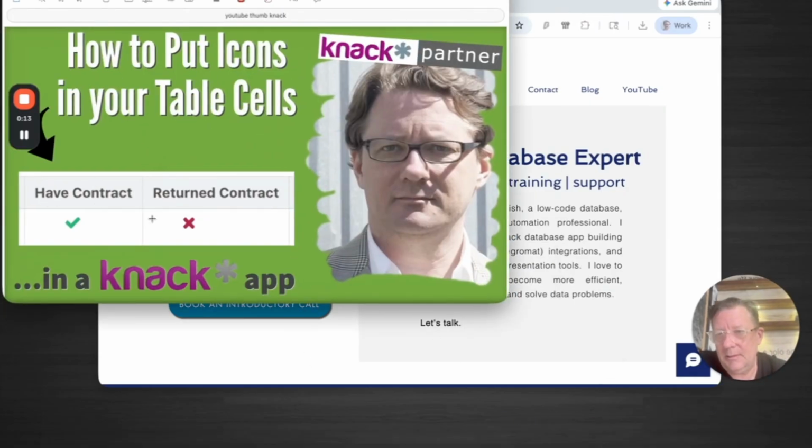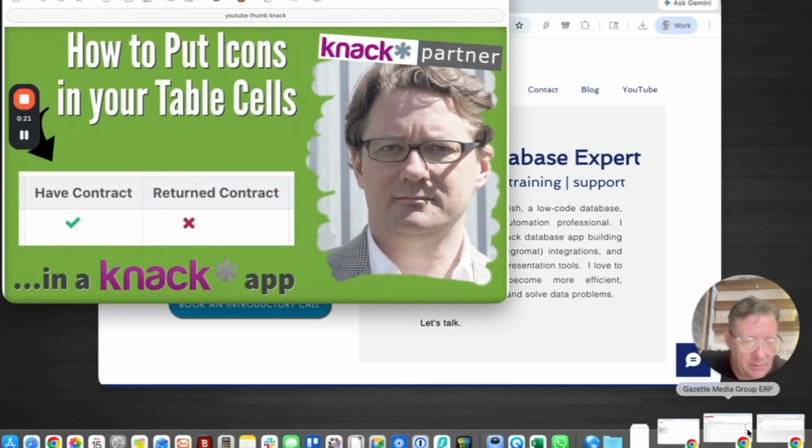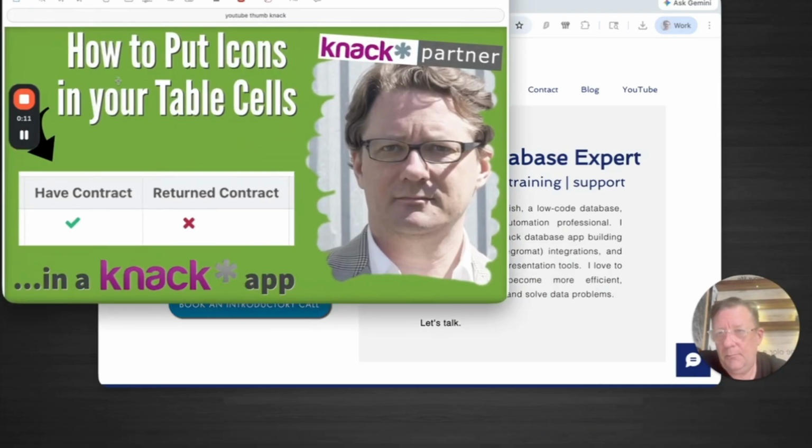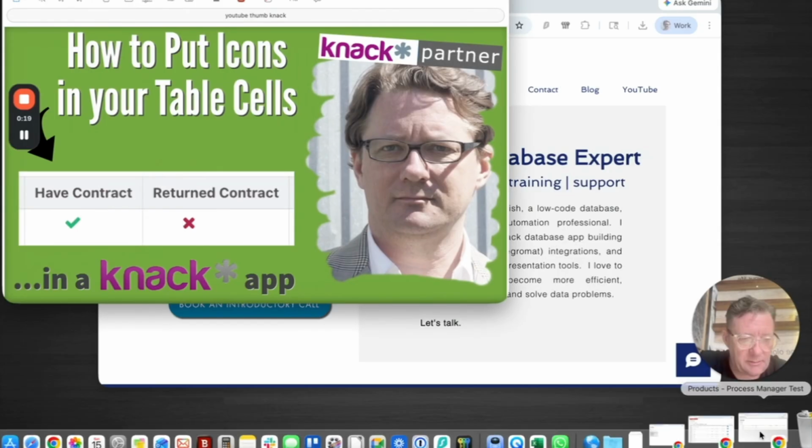I got another video for you. Not too complex, but quite useful. Here's the topic today: put these icons in a table experience. I'm going to show you something here. Right here,